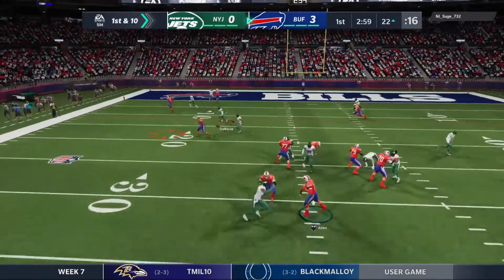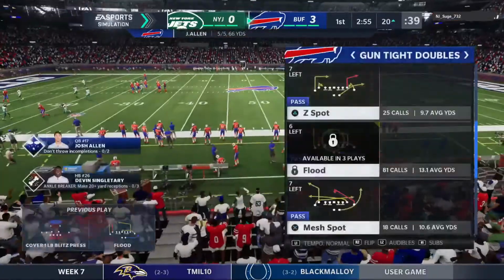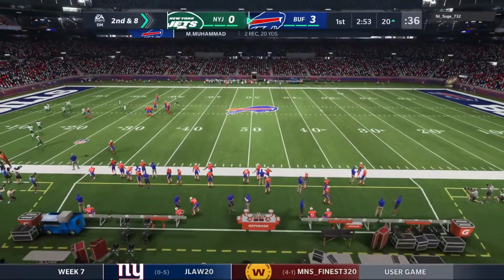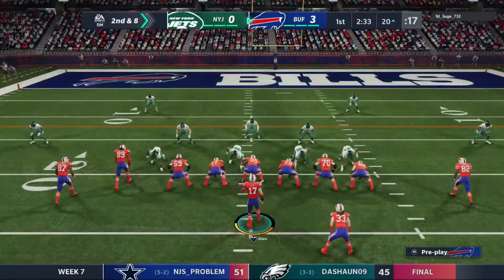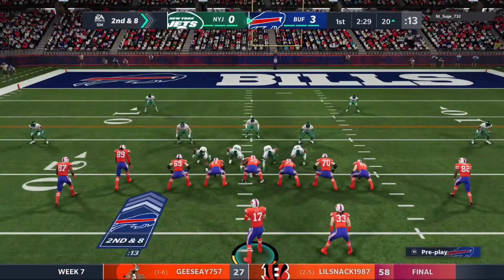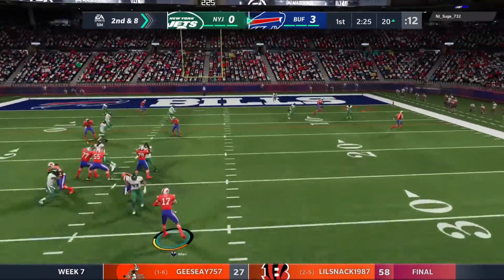Allen now on 1st down. Firing quickly here, and that's complete. That catch good for only a couple. Good throw, good catch, but I really like the route. The drag and being able to run away from defenders. Hard to stick with them for that long. Yeah, better against man than zone, or? Better against man, because now you're running away from someone and you're not running into a defensive player in another